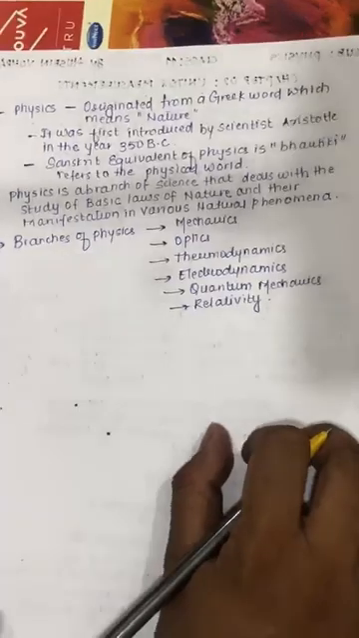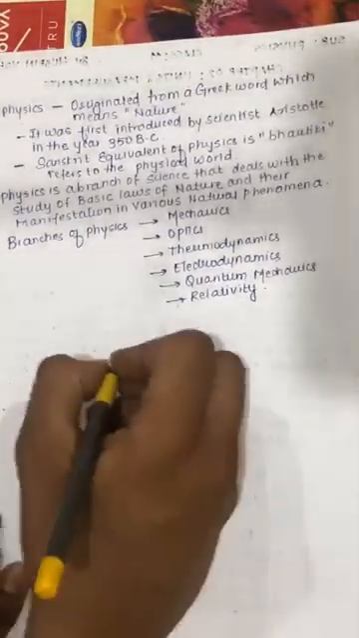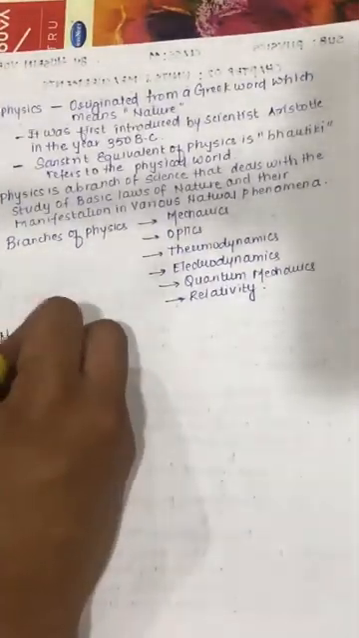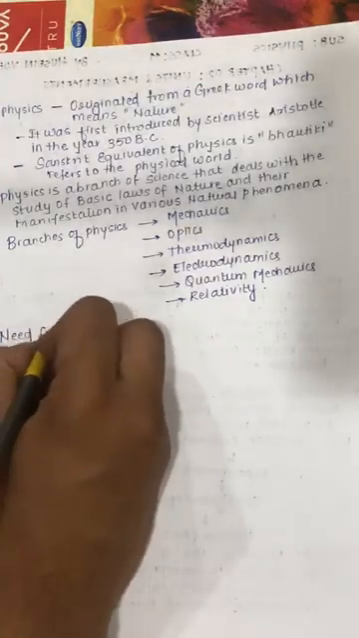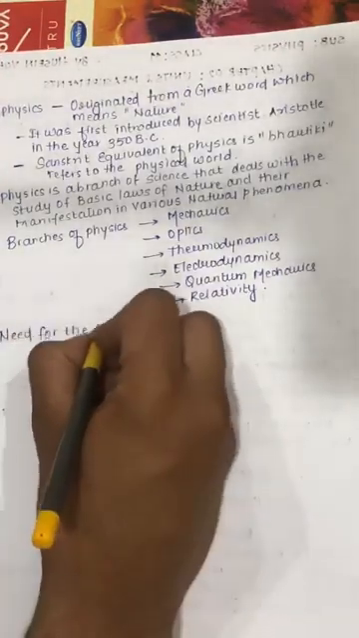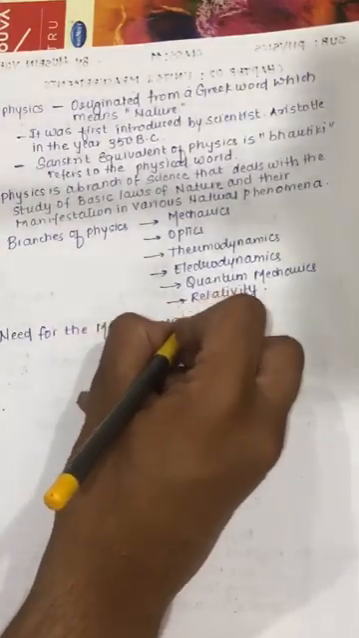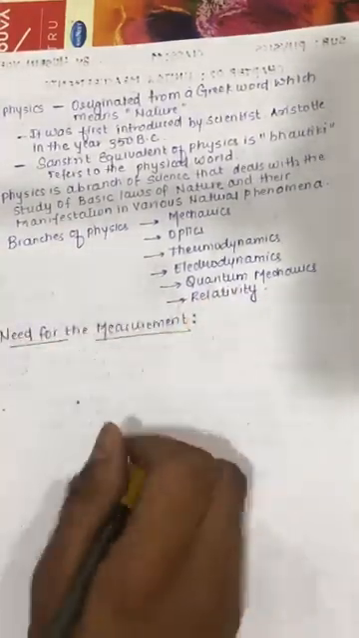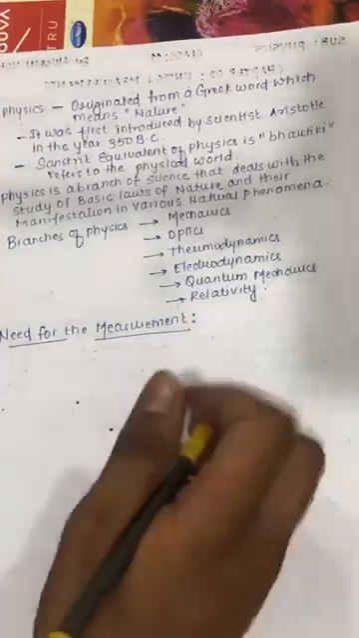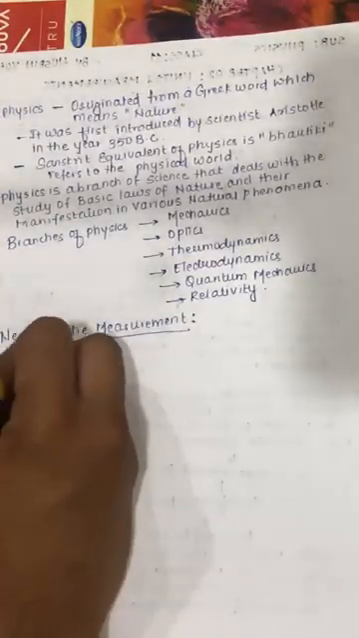Units and measurement. To start with the chapter, the very first topic is the need for measurement. What is the need for measurement? Why is measurement needed? Let us discuss first. Very first point,